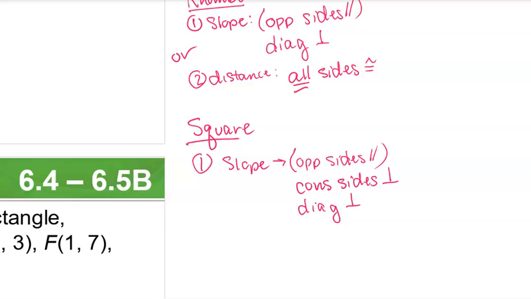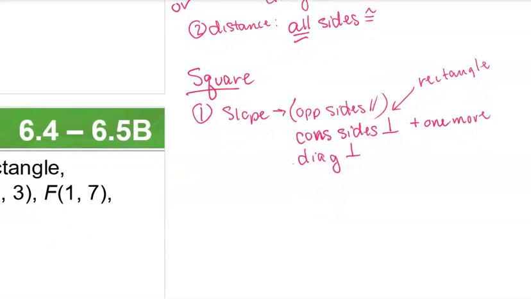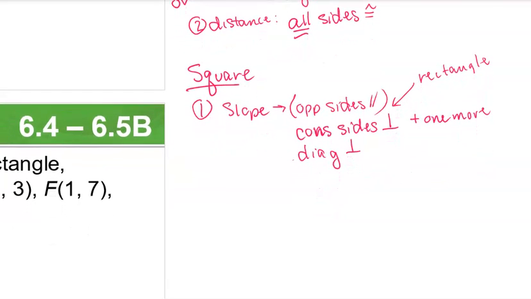So you can prove that sides are consecutive, but you need to do one more, because all this does is prove that it's a rectangle. So the one more I would do is diagonal if we're just doing slope, or you could check that the diagonals were congruent. Okay, option number 2, if you're just doing distance,